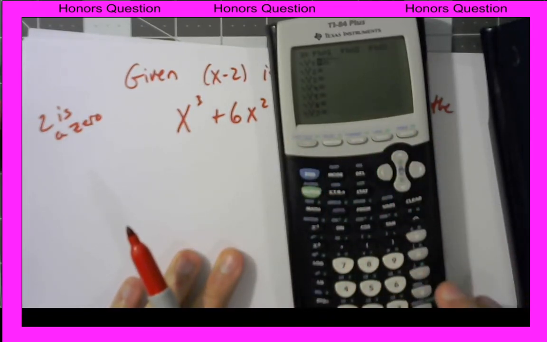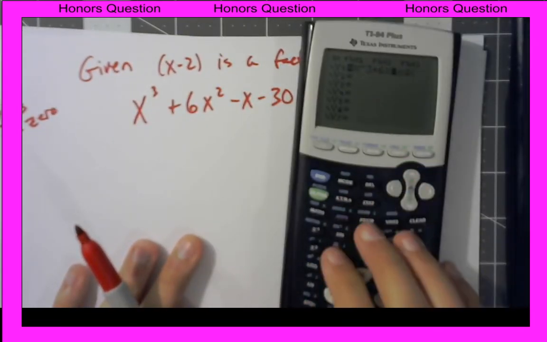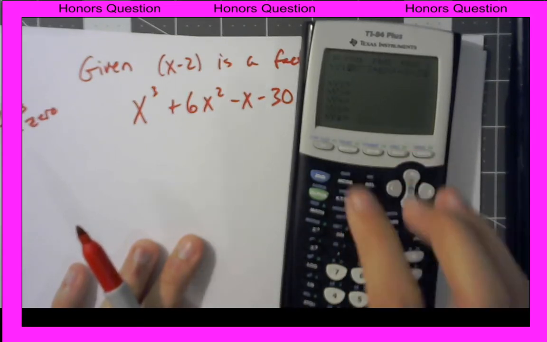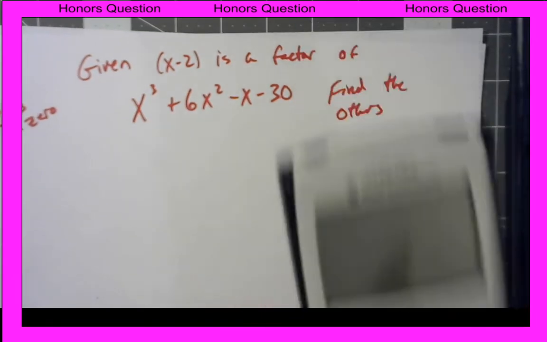We say something like x cubed plus 6x squared minus x minus 30. And we'd see, great, 2 is a factor. Actually,